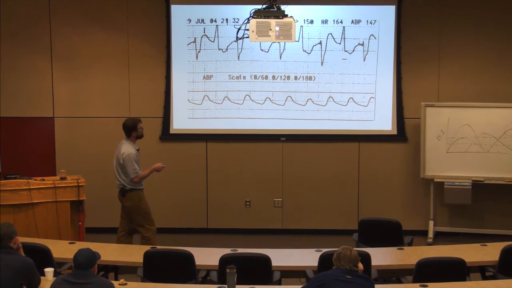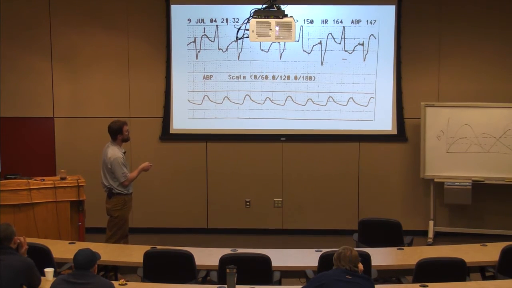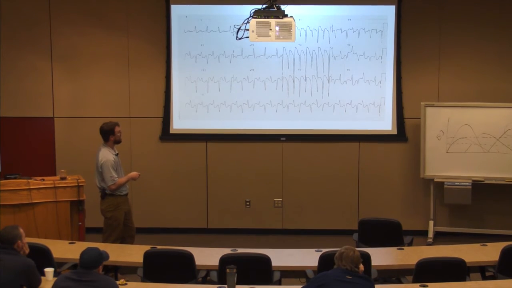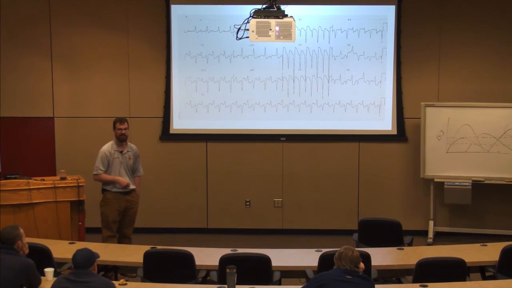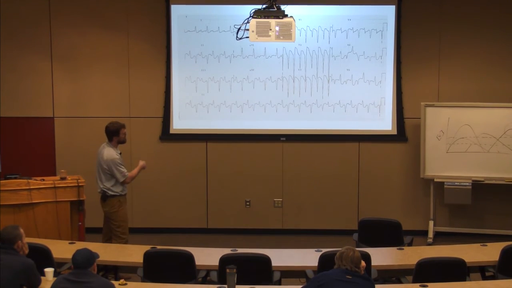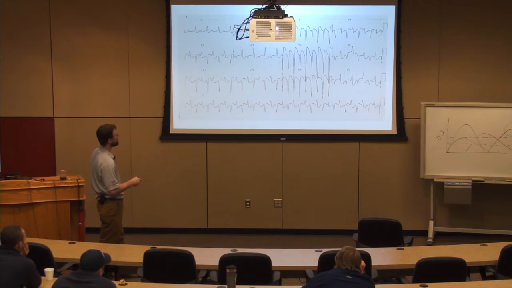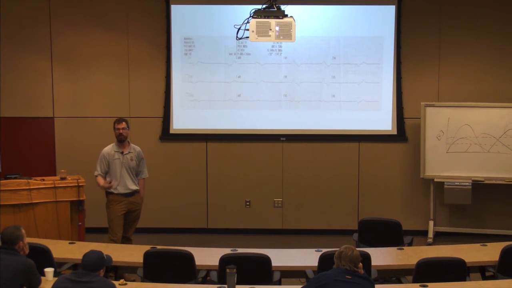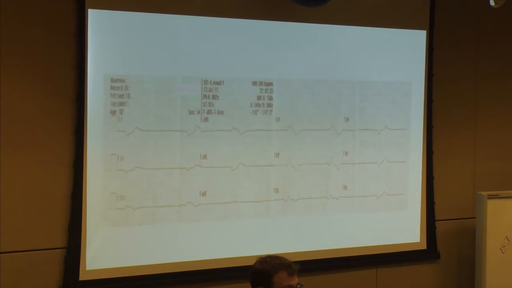Here's bidirectional VTAC, wide complex beat that's down, wide complex beat that's up, bidirectional VTAC. Here's another bidirectional VTAC. See, it looks like a zipper, right? You could almost say, is that electrical alternans in somebody with a huge, dilated pericardial effusion? But this is bidirectional VTAC from dig toxicity. How about this one? Wide complex bradycardia until proven otherwise, right? This happens to be dig toxicity, unfortunately.